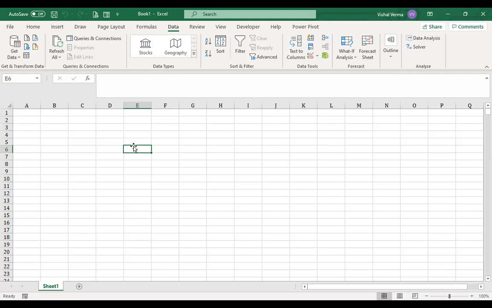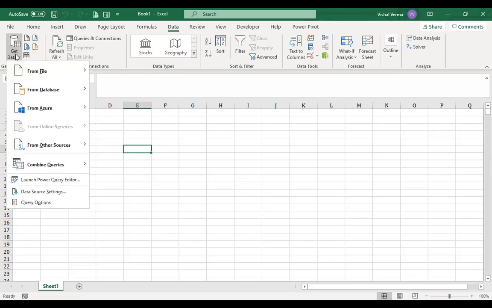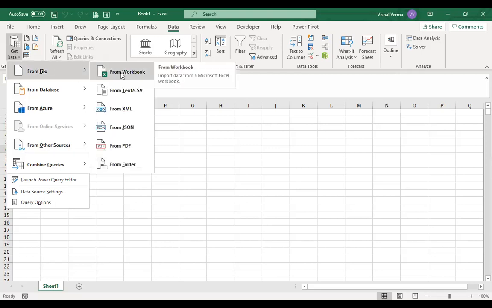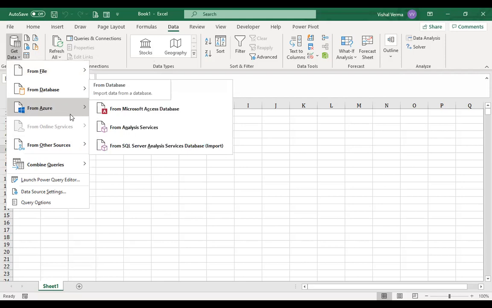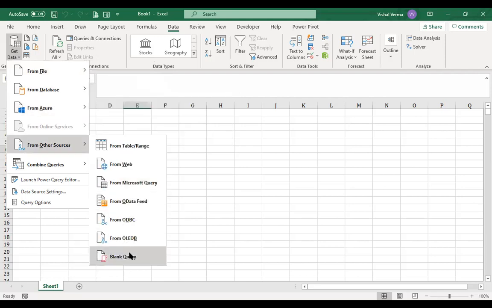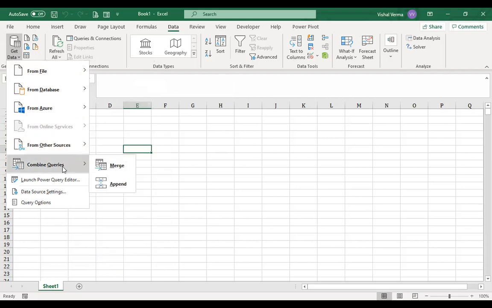Okay. Another advantage in case of using Excel is that whatever data we have available, we can connect those files and pull that file. Earlier, it was not very convenient in Excel. Now Excel 2016 onwards and 2019 has this facility so that we can connect the data with other sources. Okay. So we can get it from different files or from a particular database, okay, from the server, from Azure, okay, or from any other database that we are looking for. And then we can work on combining, merging and appending the data.